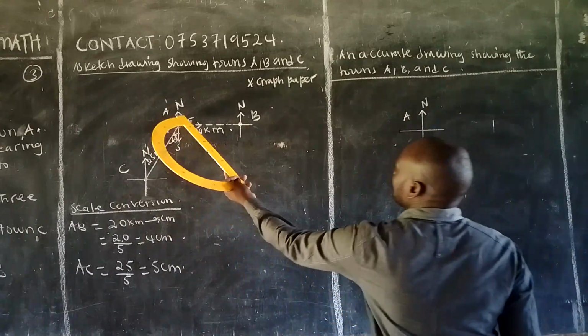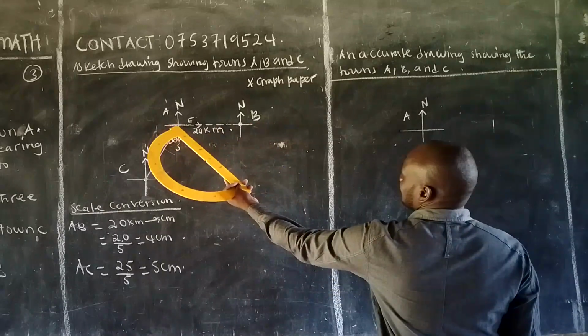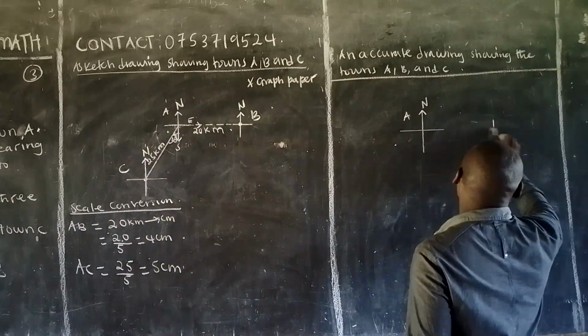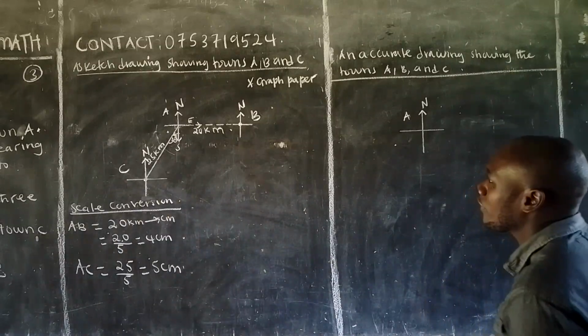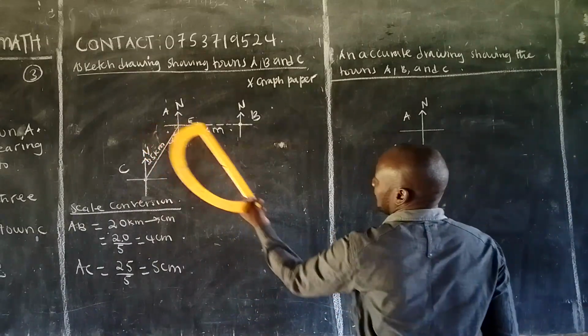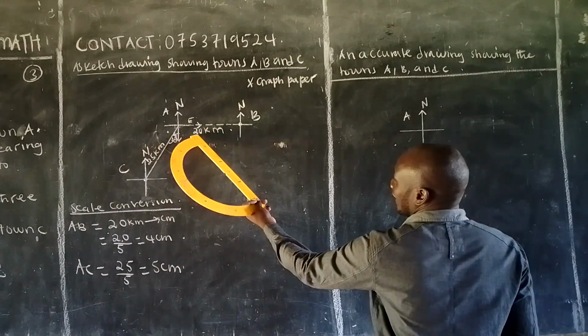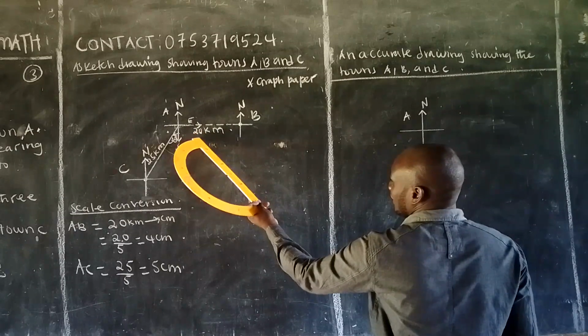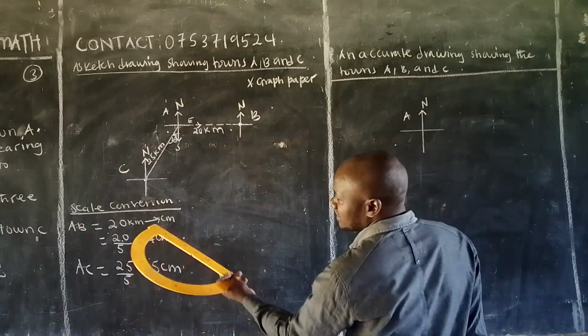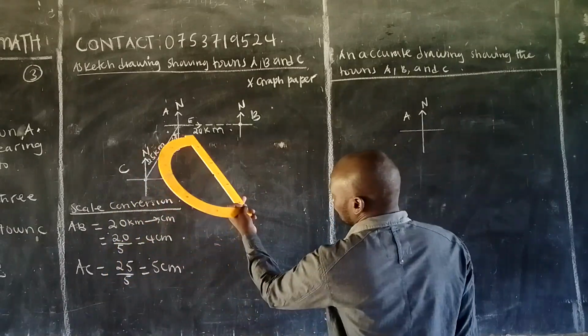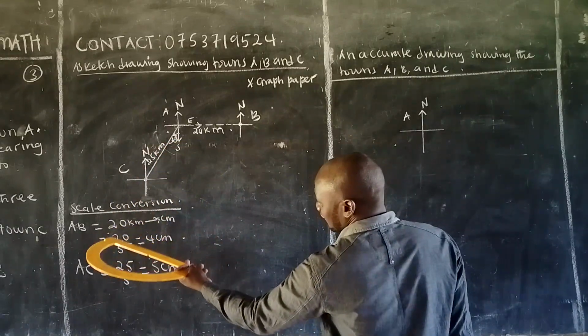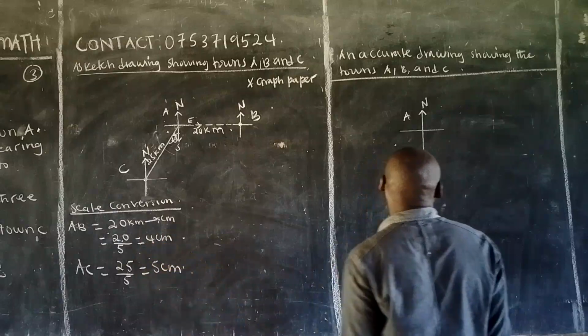Now, everything starts from A. From A, we are going to B. Which direction? East. And the east is just a straight line. A continuation of this gives us the east. But as you're going in the eastern direction, AB, the distance given to us there is 20 kilometers. But 20 kilometers after converting the scale. Please, if you have not been given the scale in the question, always get your own scale. All right. So 20 kilometers represents 4 centimeters. So what you do,